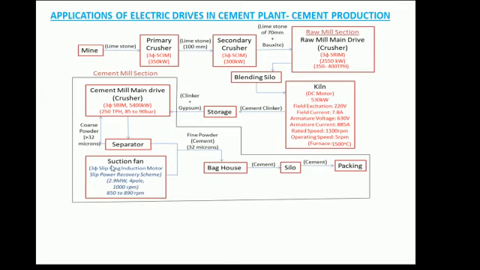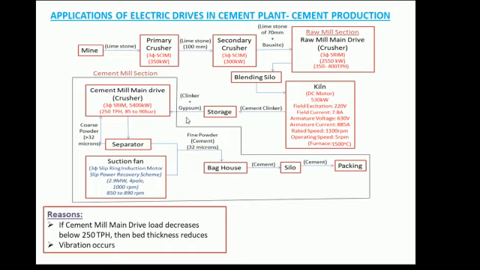See here, this suction fan uses a 3-phase slip ring induction motor with the slip power recovery scheme with a power rating of 2.9 megawatts, 4 pole, 1000 rpm. The rated speed of this 3-phase slip ring induction motor is 1000 rpm, but they used to operate at 850 to 890 rpm. Here, sometimes the speed of this suction fan is reduced. Why is the speed of this suction fan to be reduced? The reasons are,